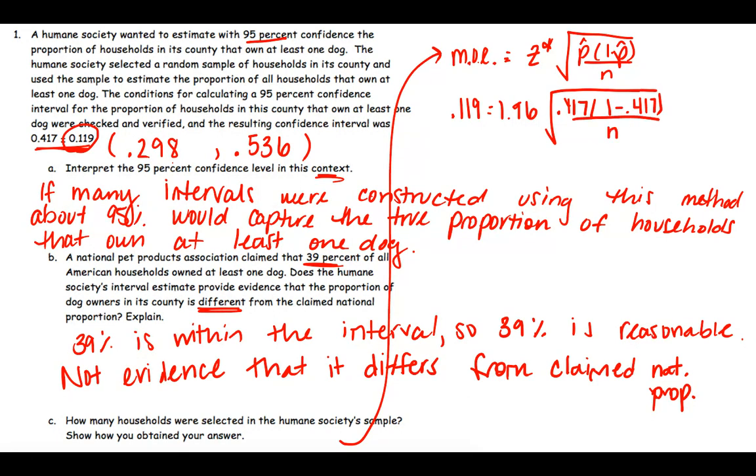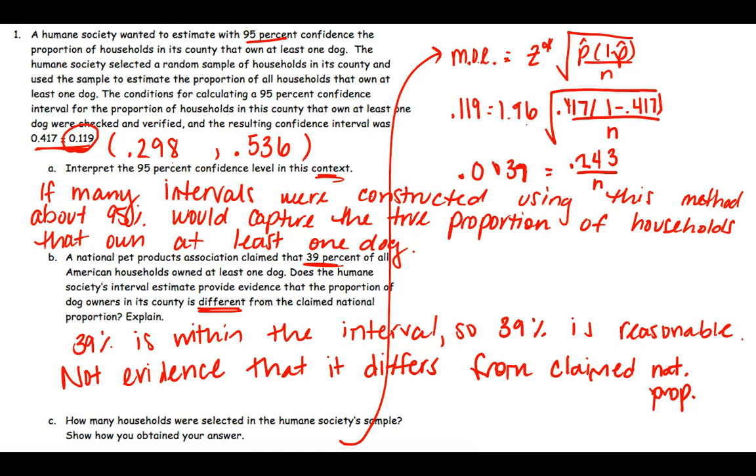And so in order to solve here, I'm going to go ahead and divide both sides by 1.96. And then I want to square that result to get rid of my radical. So if I divide by 1.96, that gives me 0.061 roughly. And then I can square that. That gives me about 0.0037 is equal to 0.417 times 1 minus 0.417 over n. So that would be 0.243 roughly here